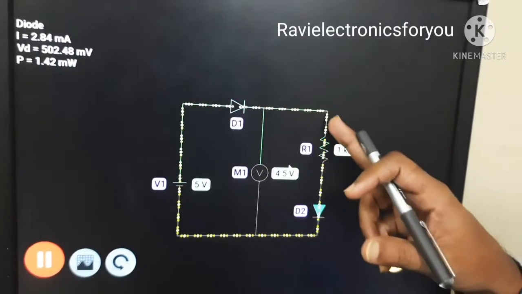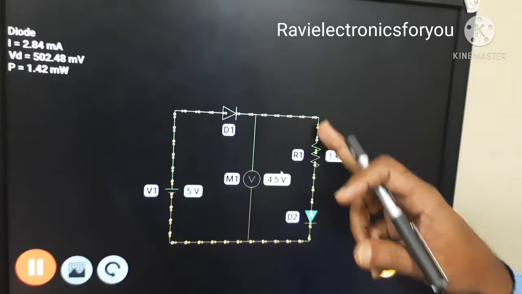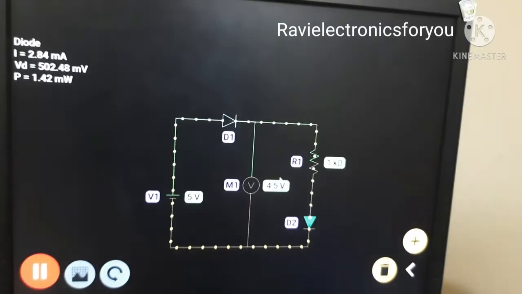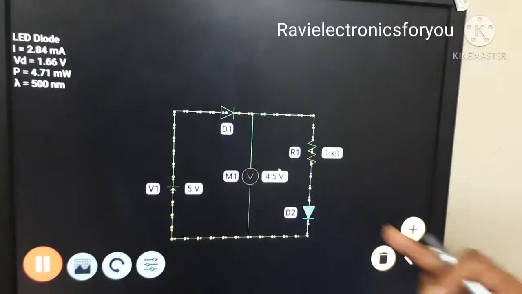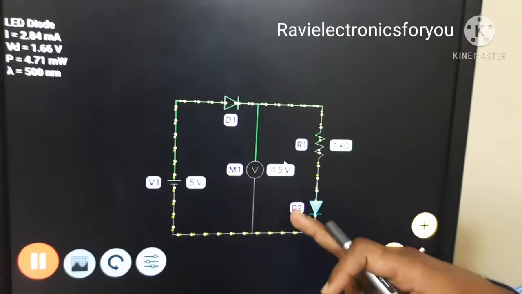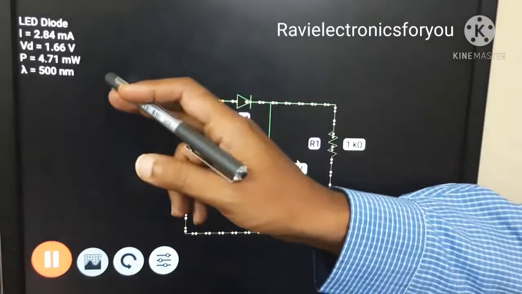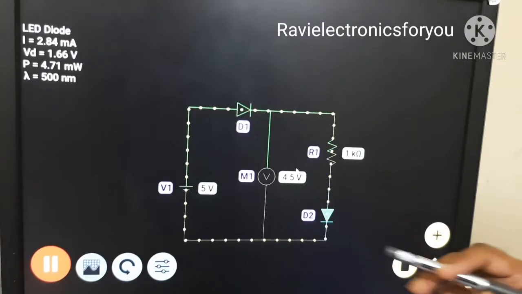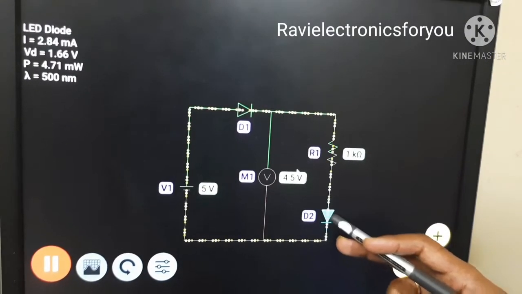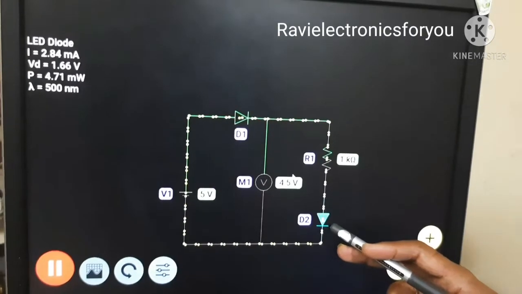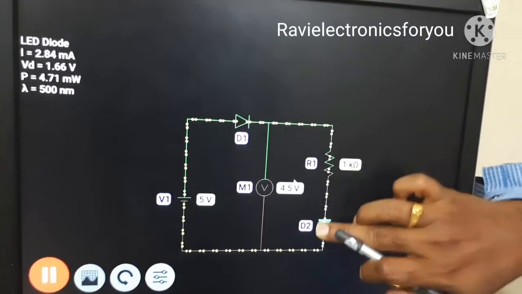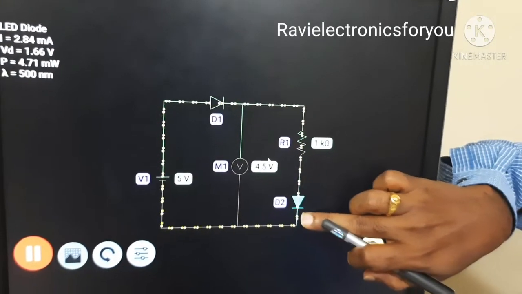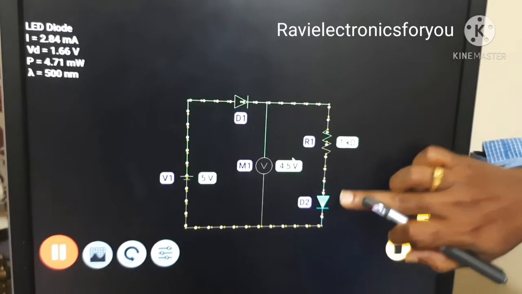With this 4.5 volt, you can calculate the current flowing through this path. With this LED, the current flowing through this path is 2.84 milliamperes, when the voltage drop across the LED is 1.66 volt. How we calculate the current: 4.5 minus the voltage drop across this LED, over the resistance.